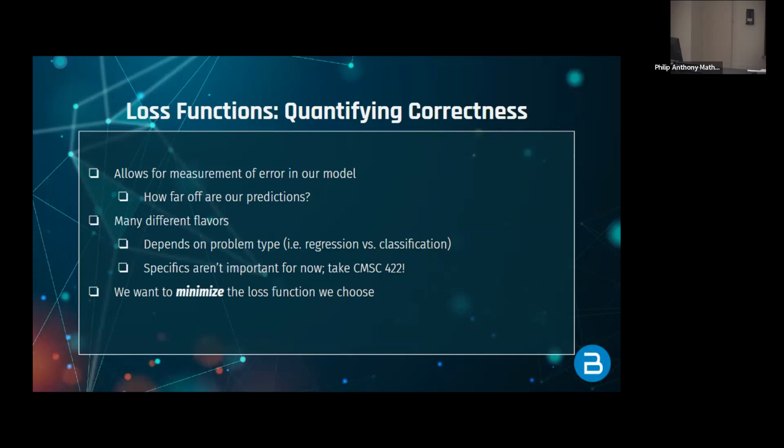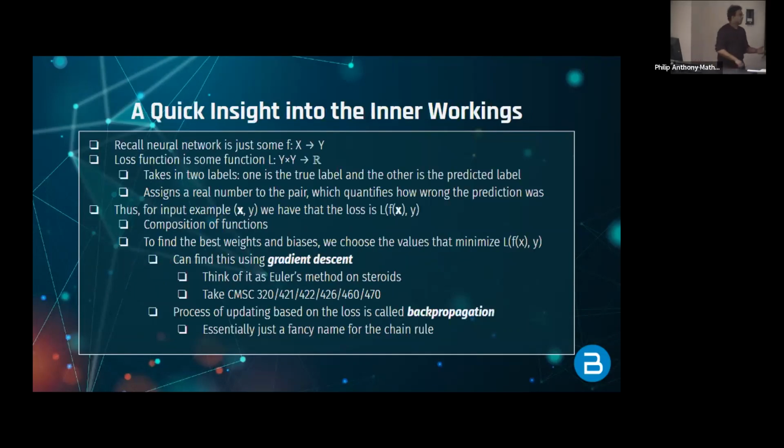But in general, now that we have this loss function, it's very clear we just want to minimize this. We have some idea of what our loss is going to look like based on each point, and we want it to be as small as possible. We want to choose the model with the weights and bias, all of these parameter values, that make the loss as small as possible, because that small loss means our model works very well. So how do we do this specifically? I'm not going to teach you that, but I am going to show you this wall of text right here.